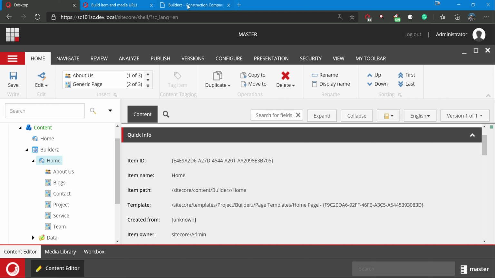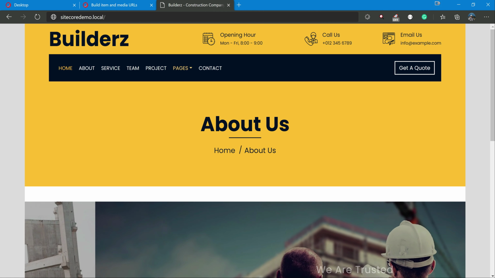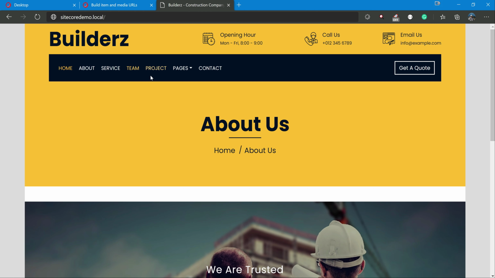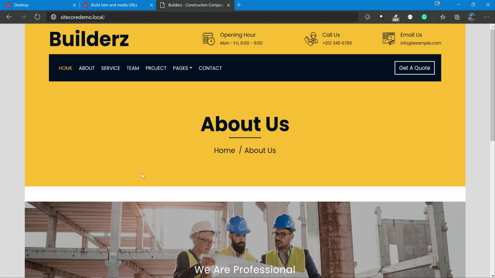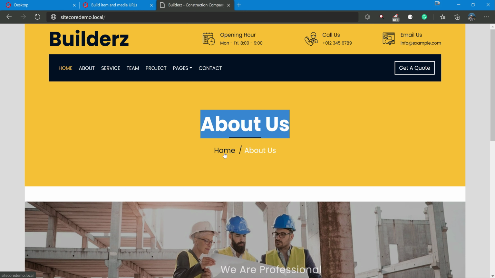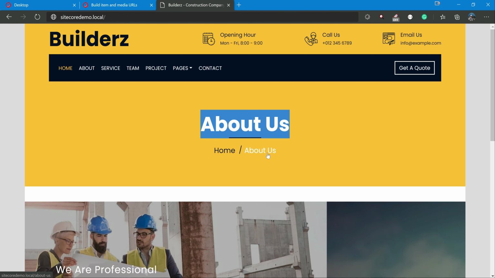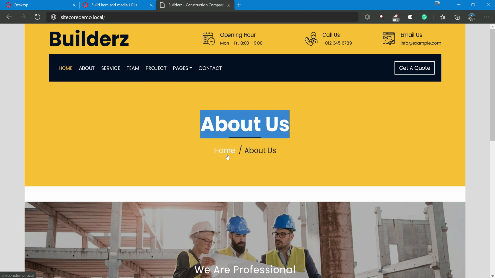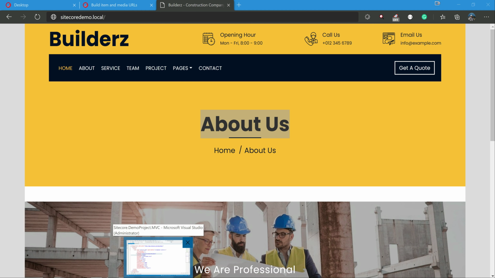For this, we already have the about us page. The about us page has a component which you remember we created as a view rendering, the page header, which contains the page title as well as a couple of links. It can be considered a breadcrumb, but a simple one. We only have one level. So let's build this. Here we hard coded these URLs at that time, but we can build these URLs now for the navigation to redirect to particular items.